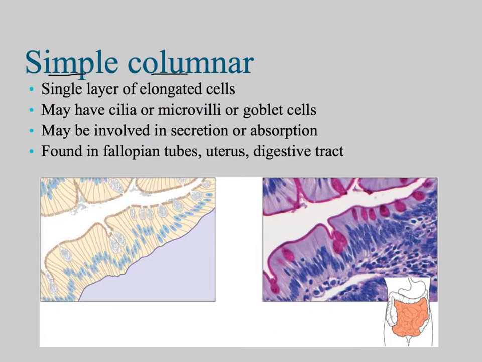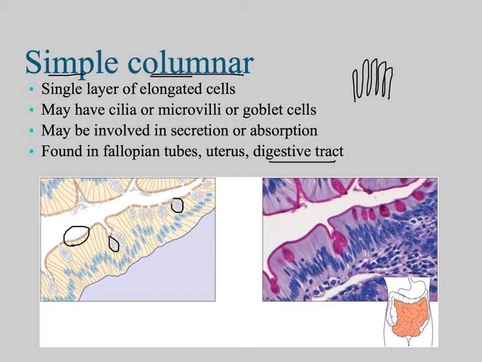Simple columnar, so we've got a column involved, so a single layer of elongated cells, and they often have some kind of cilia or some microvilli, which is just, again, little fingers sticking out, very, very tiny on the top of the cells. And then they also have often goblet cells, which are diagrammed here as these sort of gray cells. These secrete mucus because these are involved in places where you have like your digestive tract, where you want to have some